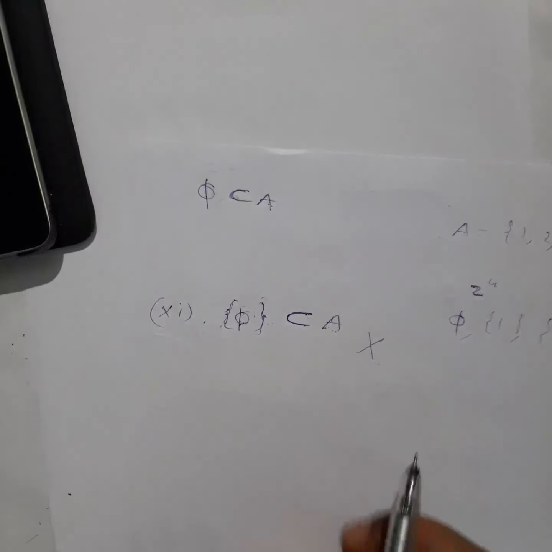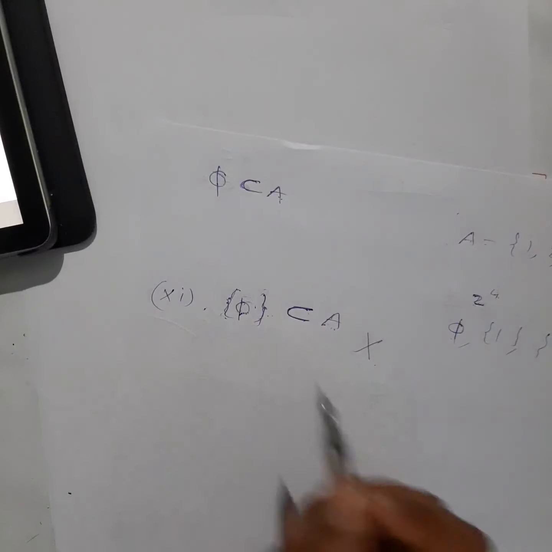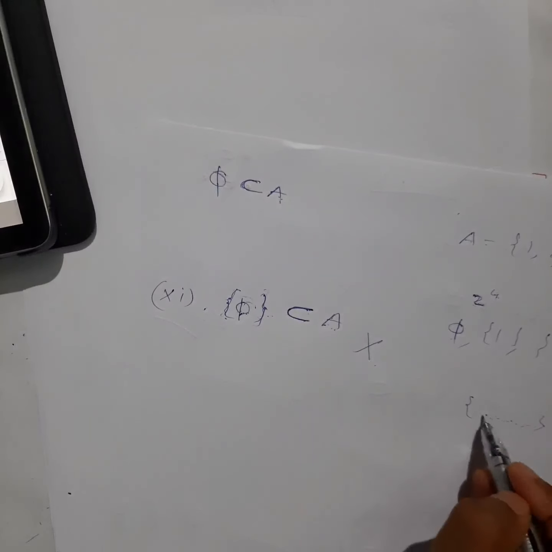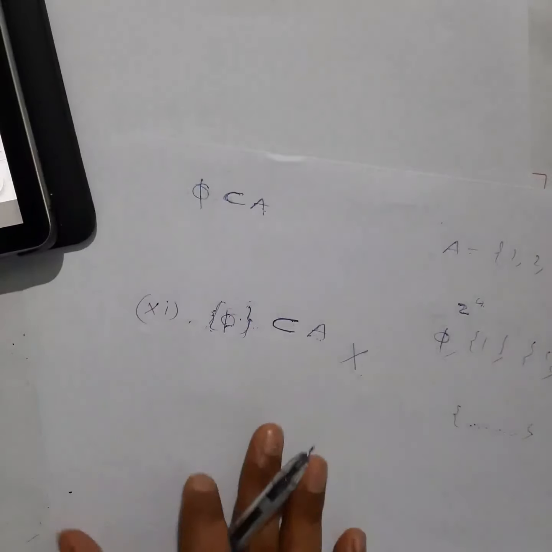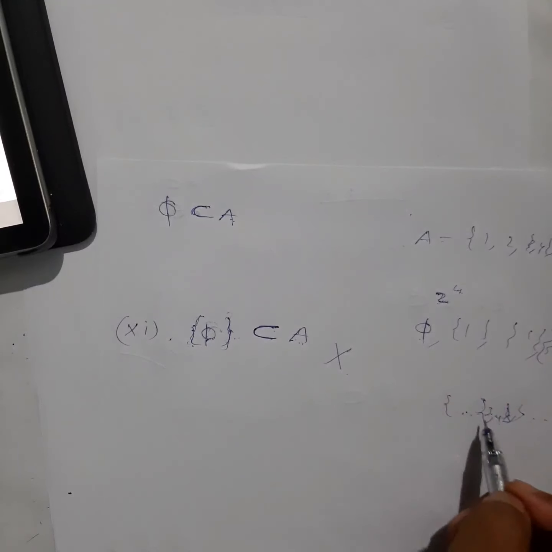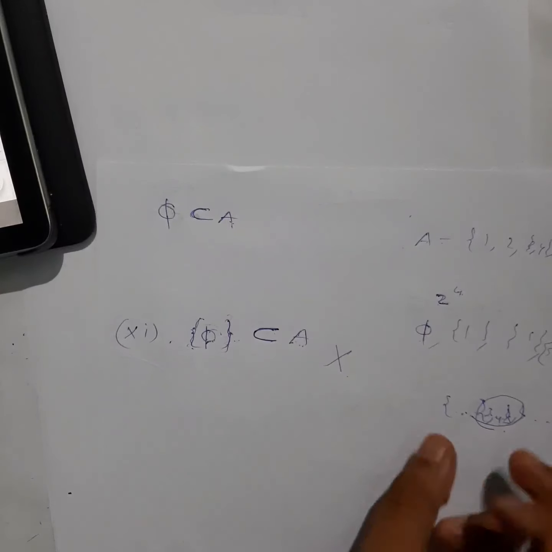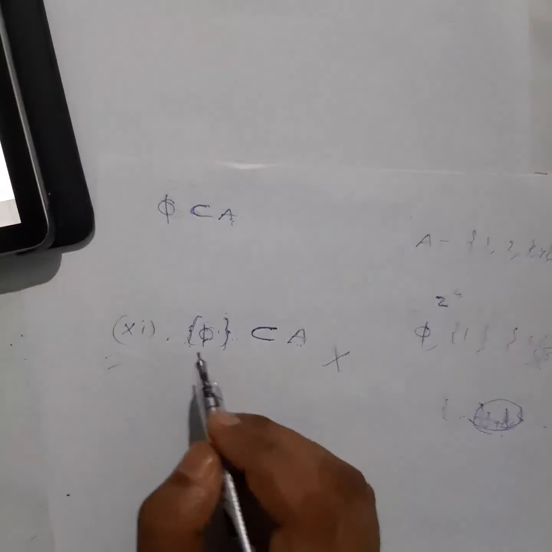Moreover, this itself is a set, so you cannot put the set symbol unless it is a power set. In the case of a power set, only the elements are sets. Other than a power set, you will not find any set where the element is a set. Even though in this question they have given this one as a set, this is just to ask whether you have understood the topic well or not. So this itself is an element here. Okay, 3, 4 as a set itself is an element here. So I hope this question number 3 is clear to you.